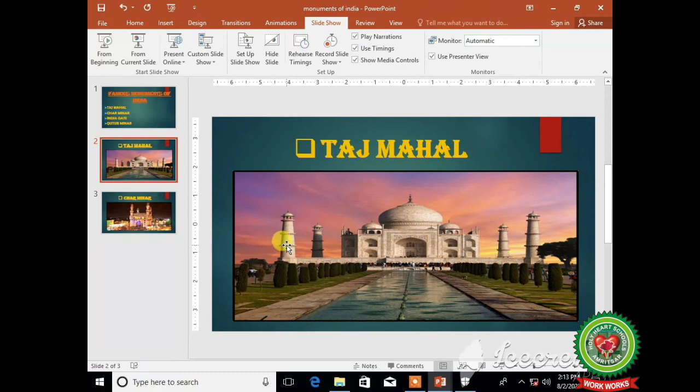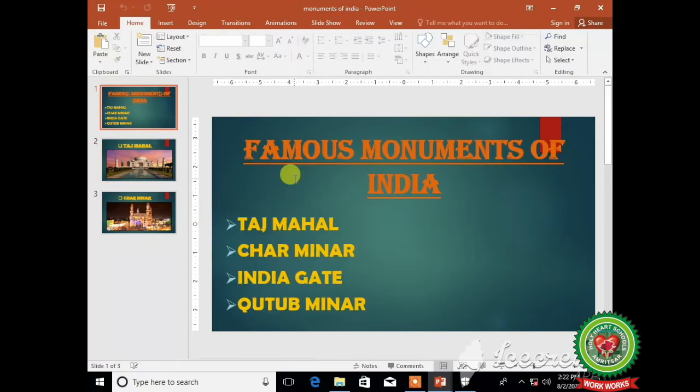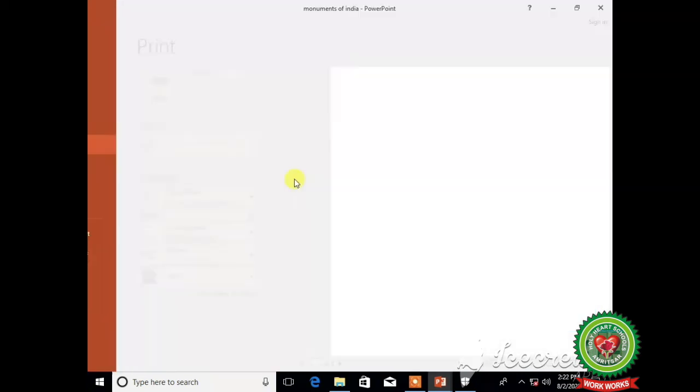So in this way, you can make a beautiful presentation on any topic and run the slideshow by using the shortcut key F5. Students, you can also take the printout of the slides by pressing the shortcut key Ctrl+P from the keyboard.